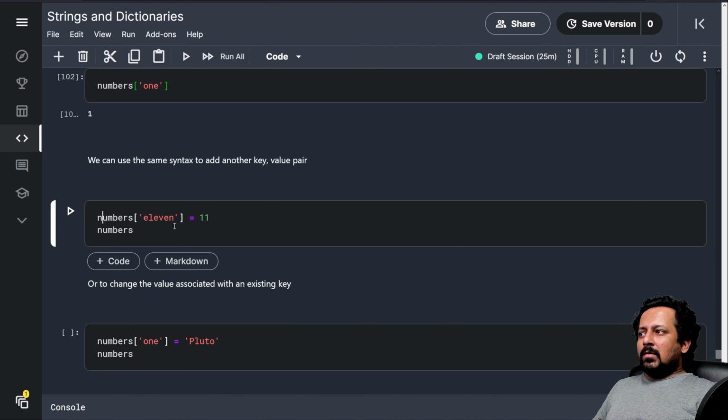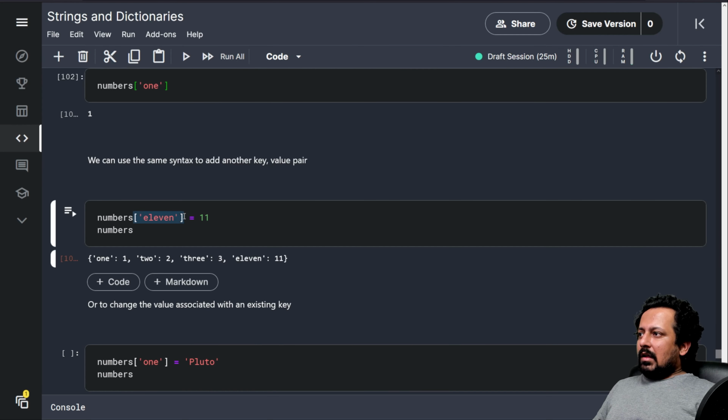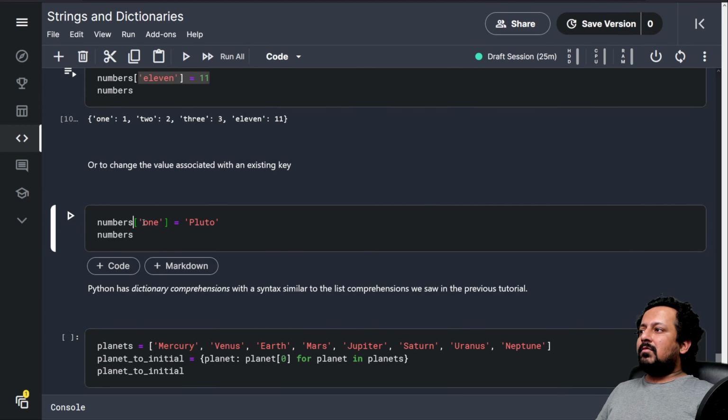And I can also add a new key to the dictionary. So 11 is 11, and when I print the dictionary, it has a new element inside it. This is how you can add a new key to the dictionary, or you can also reassign the value of a given key.